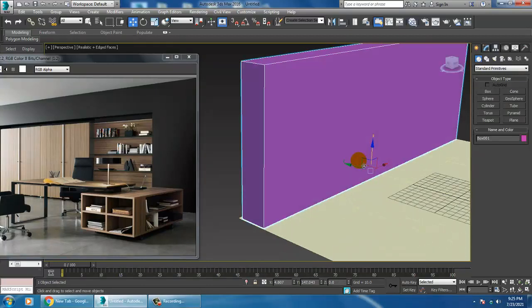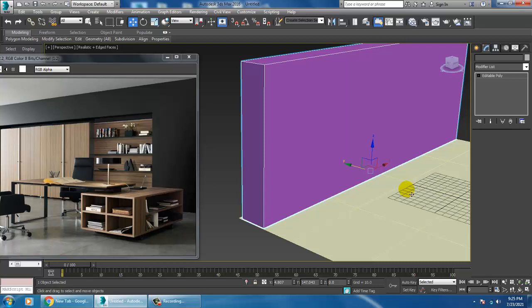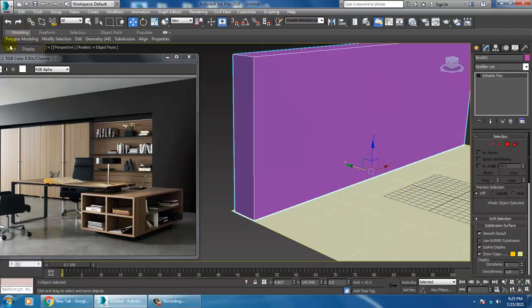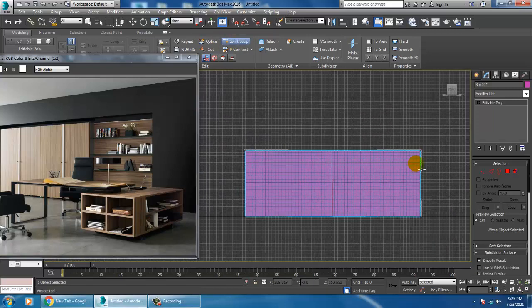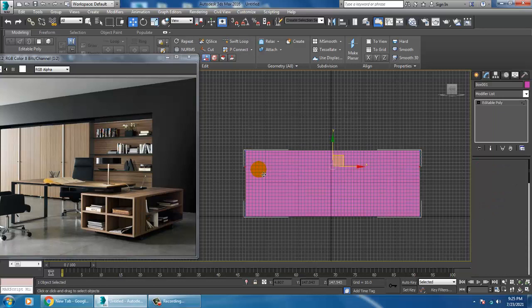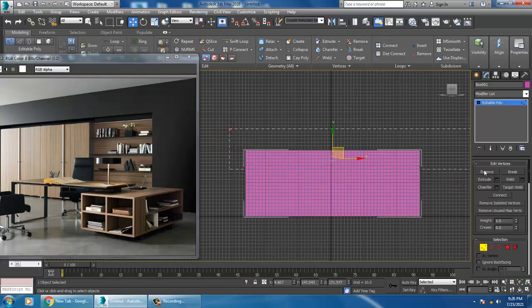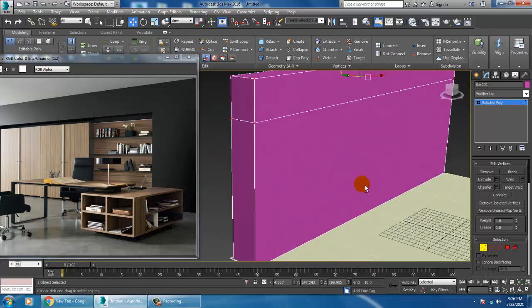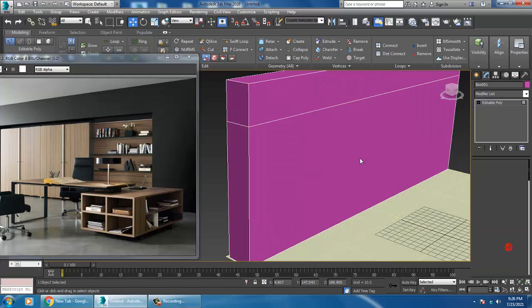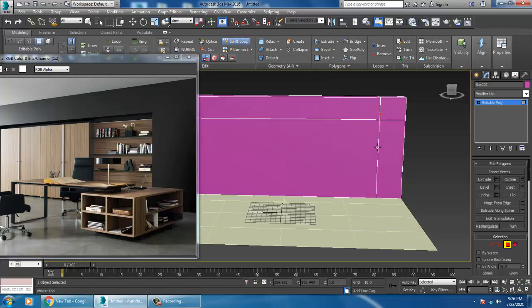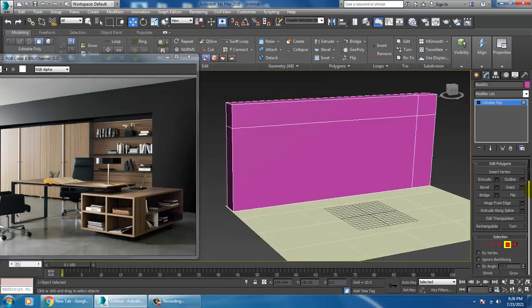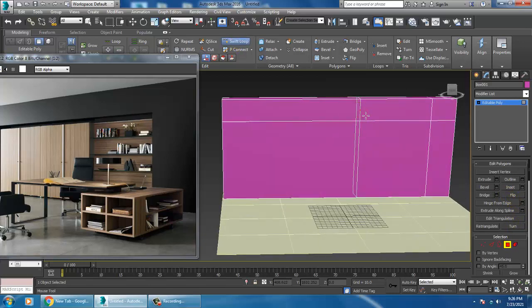After that, let's convert to editable poly, and let's go into the modeling part, and let's take one swift loop over here. So let's go into this front view, and I'll just assign a swift loop over here. I'll slightly shuffle it up. After that, let's select again, and let's take one swift loop over here, and one more loop in this way.